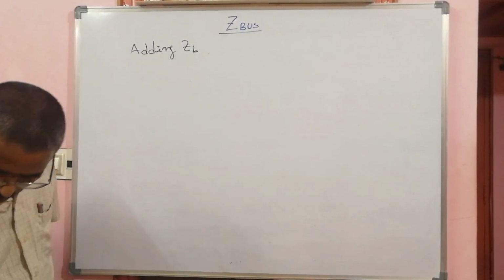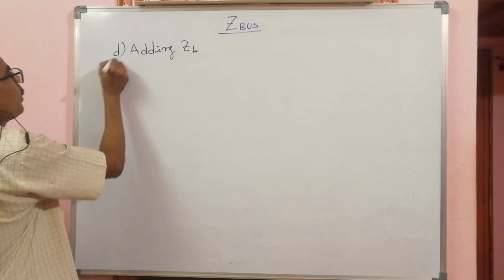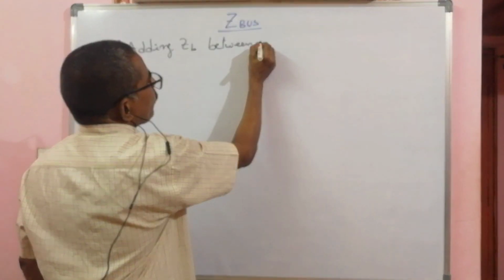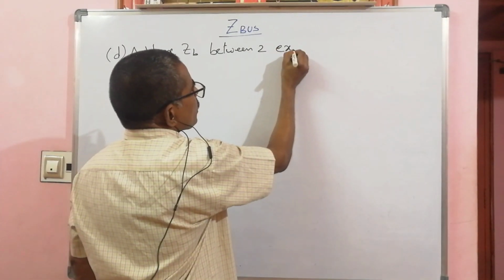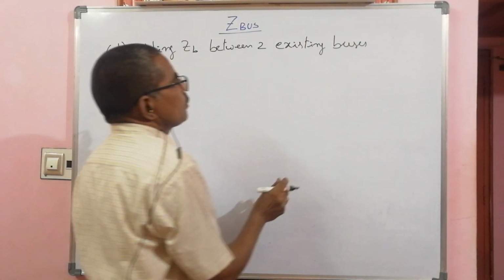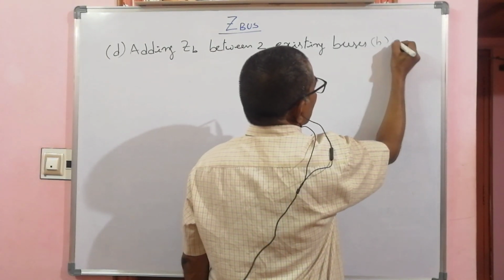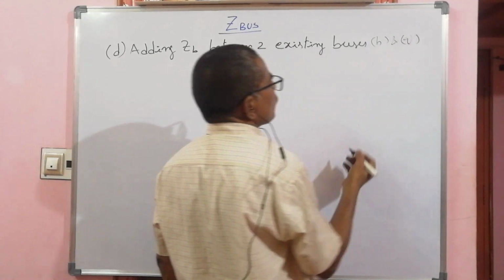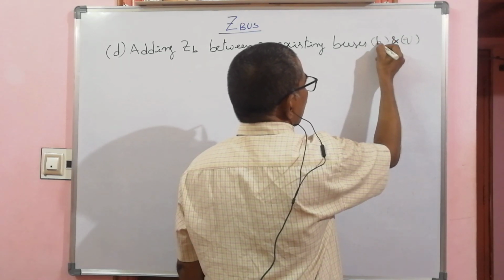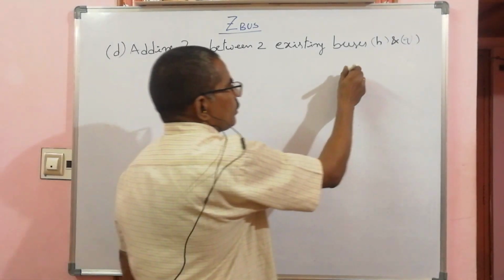Last case. Case D. Adding ZB between two existing buses. Existing buses H and Q. Okay. Existing, or old, already there in the system. So you just imagine